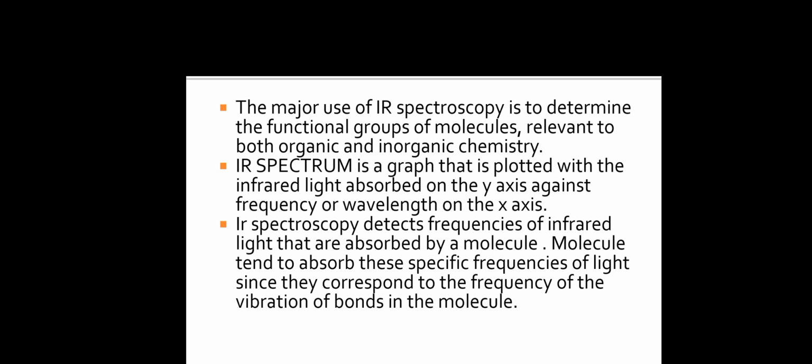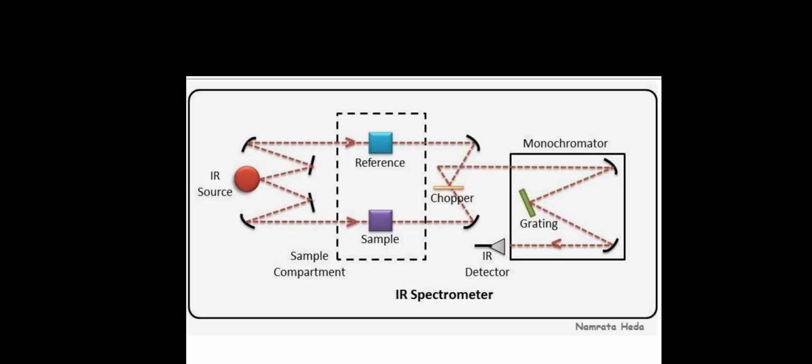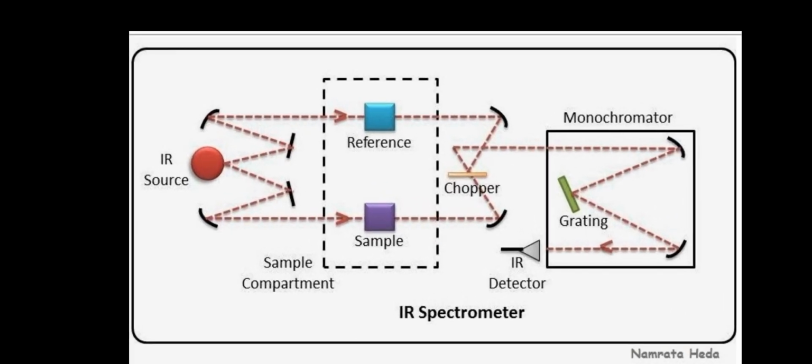IR spectroscopy detects the frequency of infrared light that is absorbed by a molecule. Molecules tend to absorb these specific frequencies of light since they correspond to the frequency of vibration of bonds in the molecule. So as you can see in this image, the IR spectrometer consists of first of all a radiation